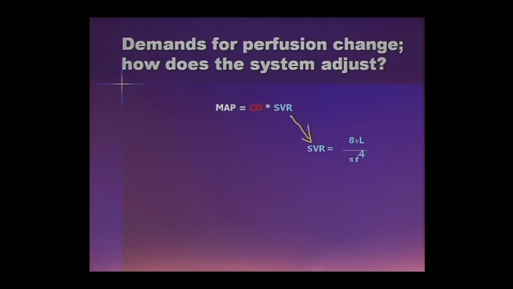This is the formula for resistance. If I actually took this away, this would be Poiseuille's formula for resistance, and you can see that radius is the critical thing. So most of this resistance is regulated on the arterial side, and most of it is actually regulated at arterioles. And how is it regulated? Well, there are several different ways how arterioles regulate.